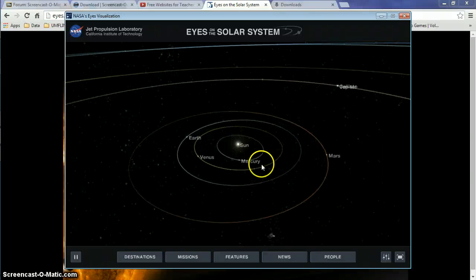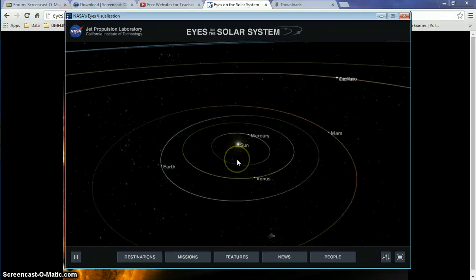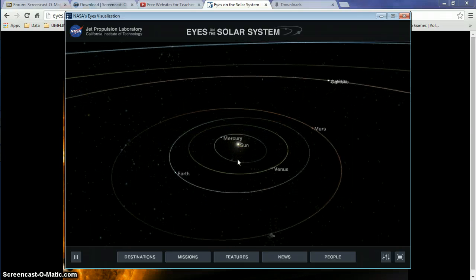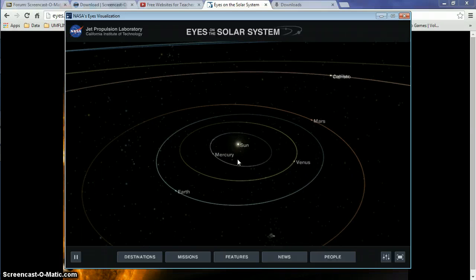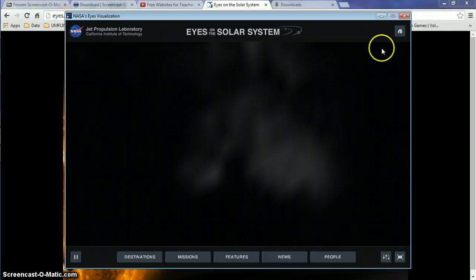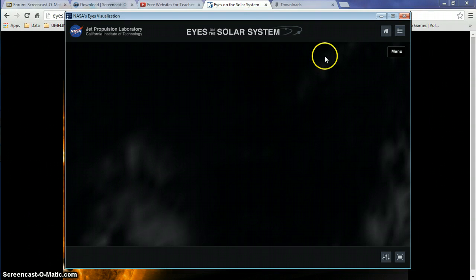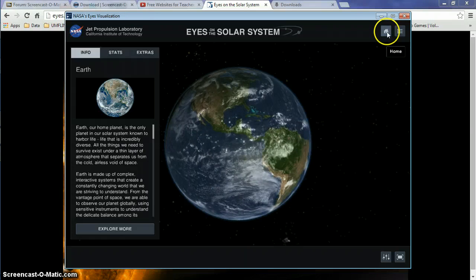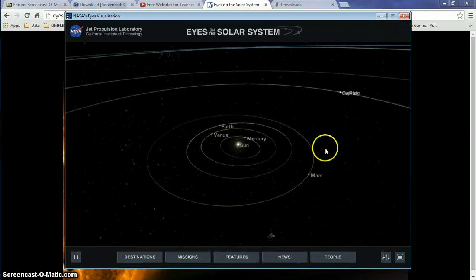Okay, so today we're going to be looking at Eyes on the Solar System. We're going to use this tool to help us get a quick understanding and to help us do our research on the planets of the solar system. And I want you to use this tool, Home, to take you out each time to the bird's eye view